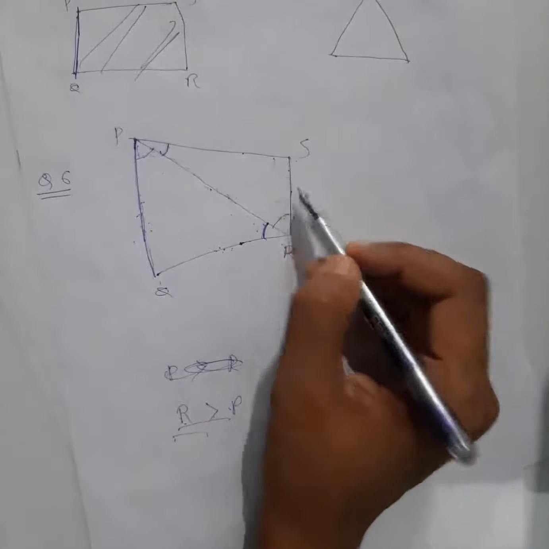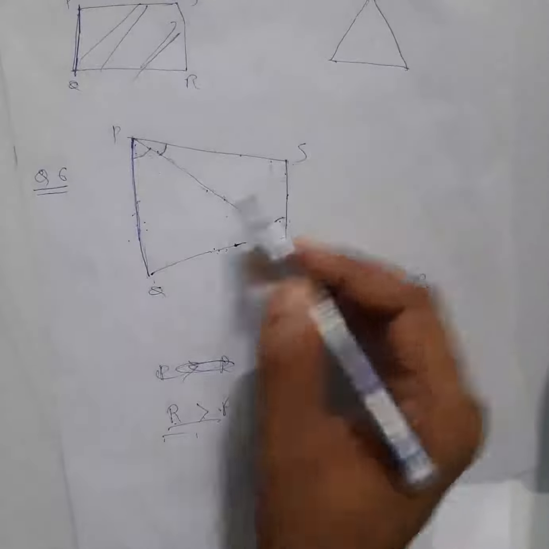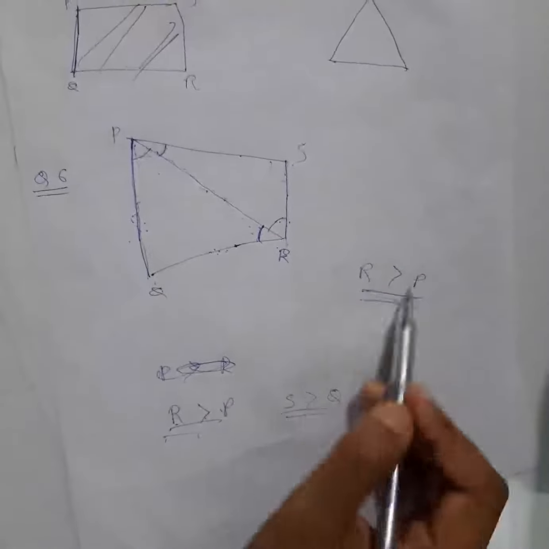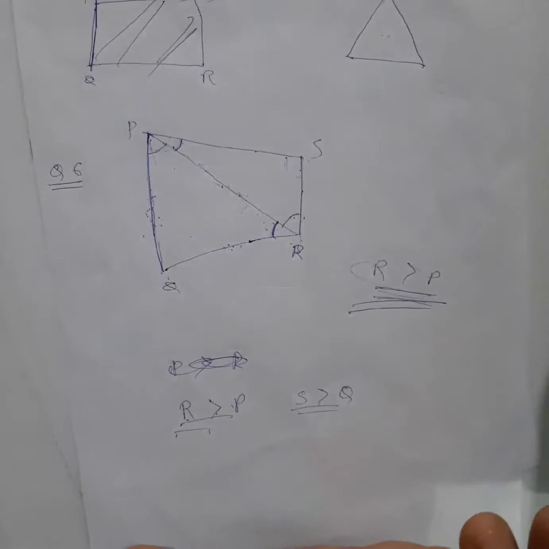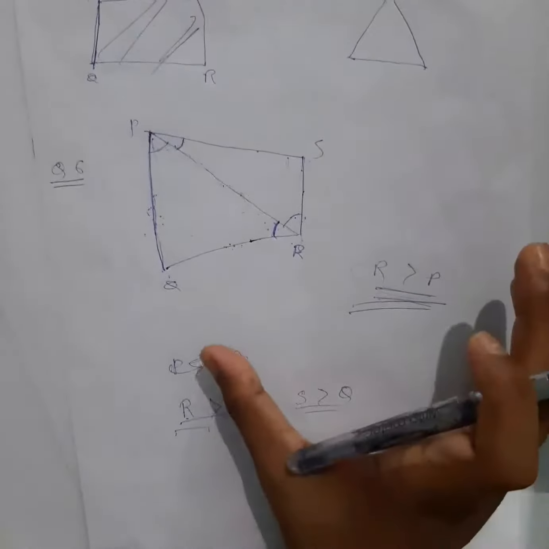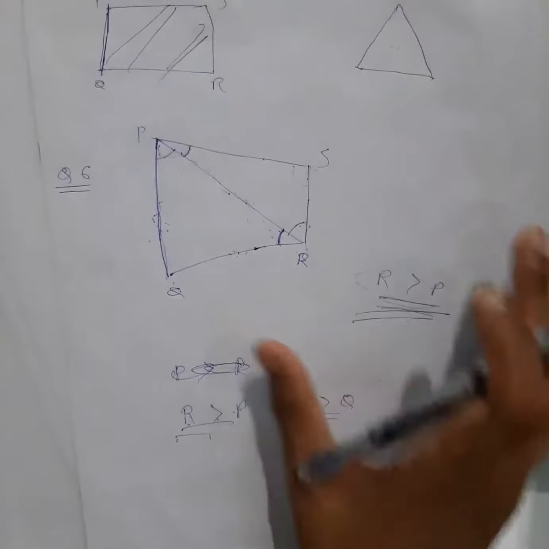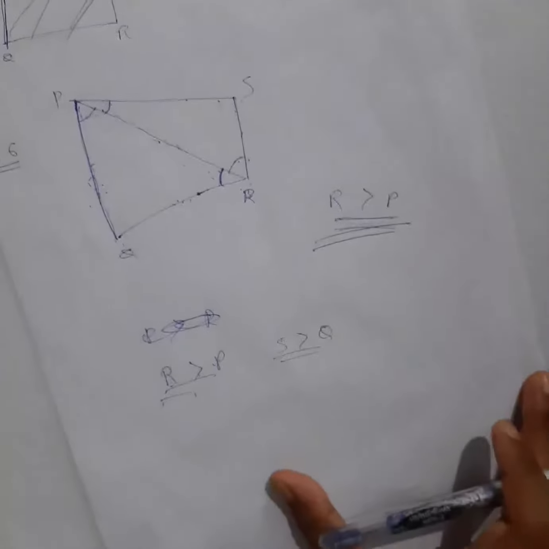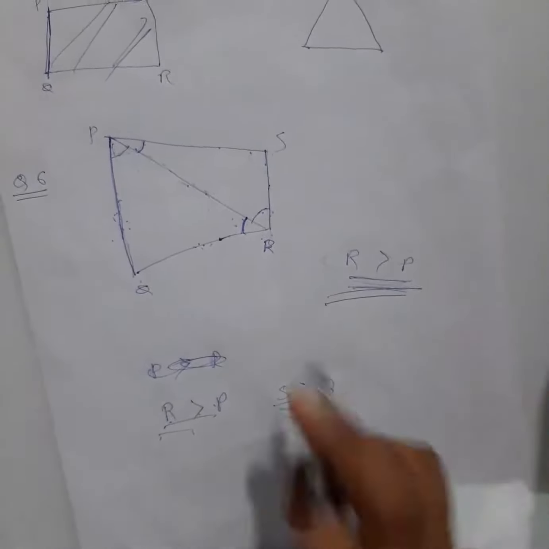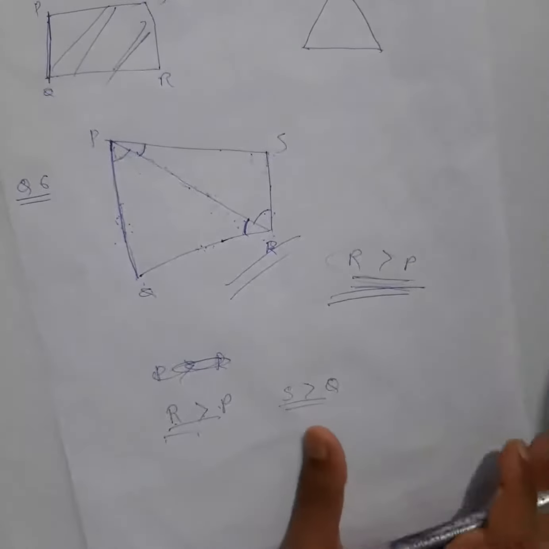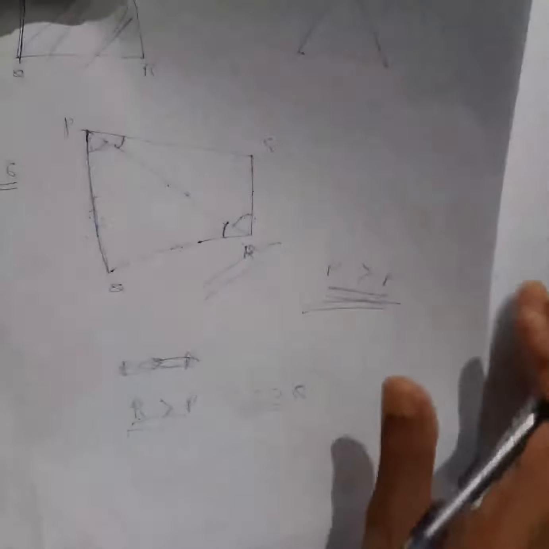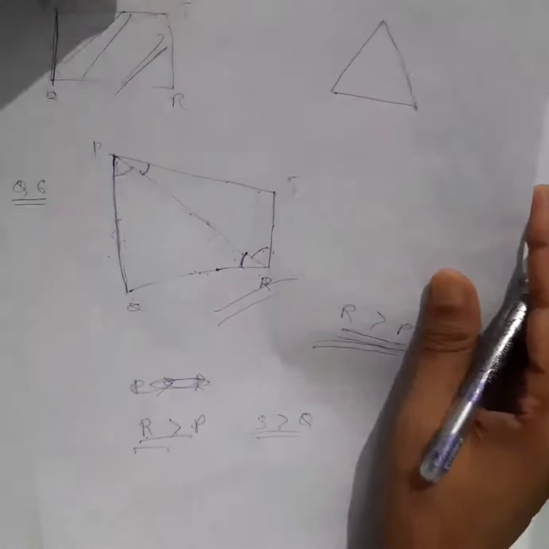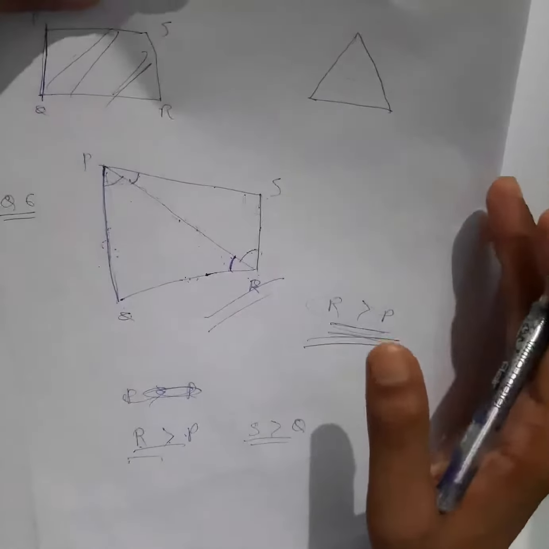Similarly, you have to show this is greater than this one. Same thing, draw the diagonal here, same concept, use it. Whatever you have used here, same thing you have to show. Okay, so these are small things which you need to concentrate on, and watch the video, practice well, that will improve. If you won't see the videos and won't practice, then obviously you won't be able to solve this kind of simple question also, which some students were not able to, which shows that you are not practicing well. Okay, so it's my request, see all those videos and practice.